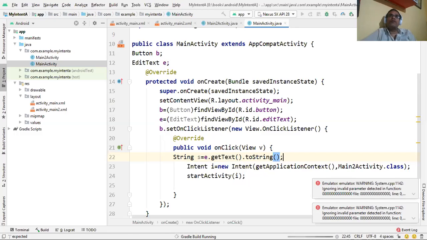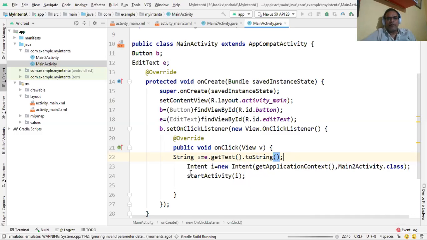That string we assign to string object s. S basically holds the message or text which is entered in the edit text control at execution time.